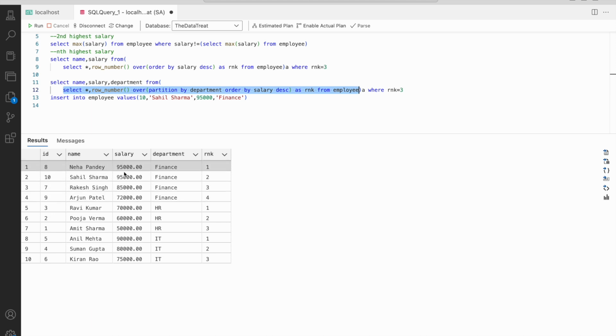So for both rows, I mean 95,000, because it is equal, it doesn't care, right? It will just simply assign 1 and 2 and 3 and 4. But logically, even if they are equal, it should not say 1 and 2, it should say 1 and 1, so that both are equal, so both are highest. It's not that one 95,000 is the first highest and the other 95,000 is the second highest.